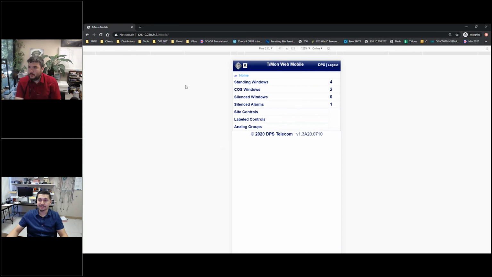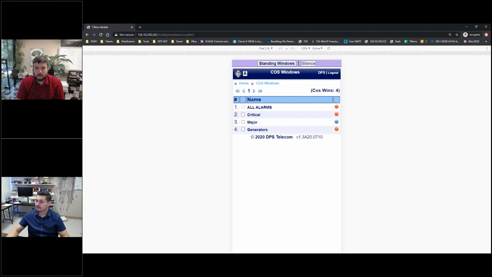So this is all the same information that we were looking at before, just in a more mobile-friendly, more touch-friendly interface, right? We're going to abbreviate stuff a little bit more, not show you necessarily all the fields right away. But basically, you've got access to all the same information. So if I wanted to look at some of the change of states that we've got, I've got the same icons here triggering. If they're blinking, that means there's something unacknowledged. And so I can look at